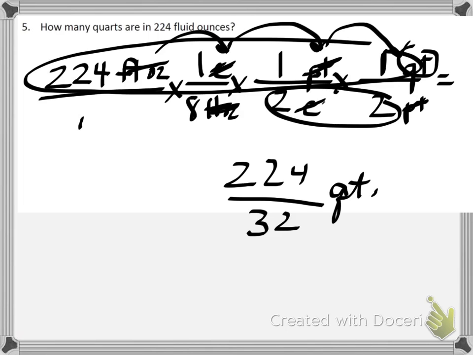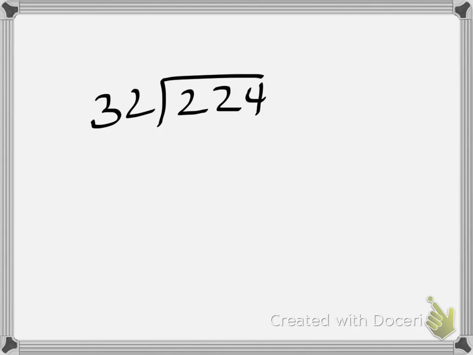Students should know that a fraction is a division problem. 224 divided by 32. So 224 divided by 32. Doing a problem like this, it's large, so math is about making it simple. So we're just going to ignore the last number, and we're going to take that right there, and we're going to go ahead and use that and this right here. And when we do that,